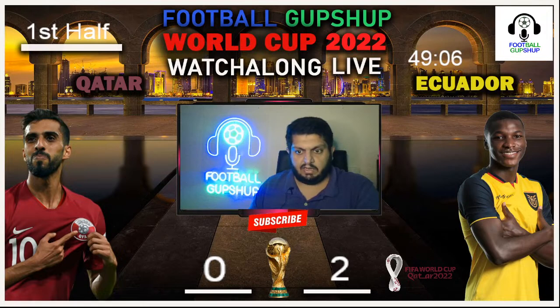You can clearly see that Qatar are trying their very best, but so far we haven't seen anything evident that would say that they would be able to win it. So it more or less depends upon what they can do, and this will get interesting as the time passes by. So let's see what is going to happen.